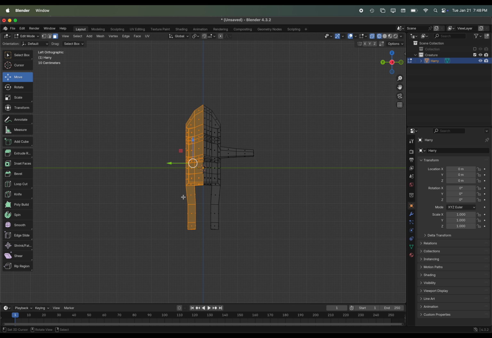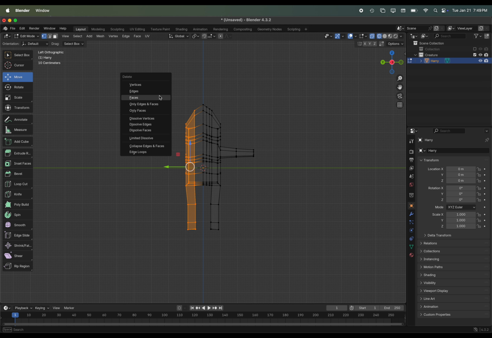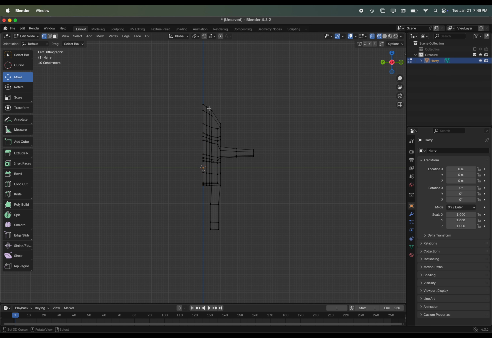All right, so I'm just going to use B for box select to click and drag to select an area. Now, depending on whether I'm looking at the faces or the vertices and how far I've selected over, I might want to do this slightly differently. Because I have the vertices in the middle selected, when I press X to delete, I don't want to delete the vertices. I want to delete the faces. Now, if I was selecting this far and not selecting the middle, then I would want to be deleting the vertices. It's just all about what you have selected. We just want to make sure that the middle stays active.